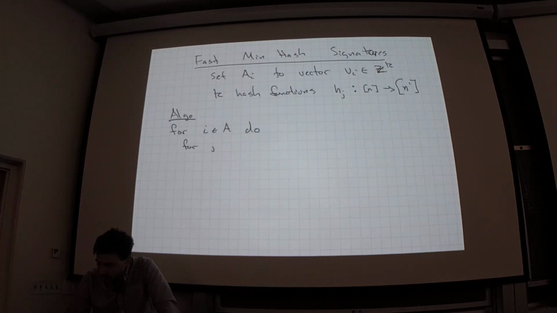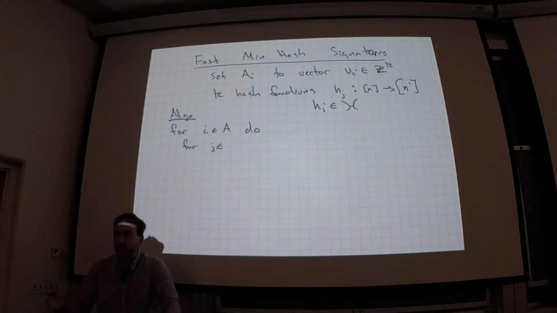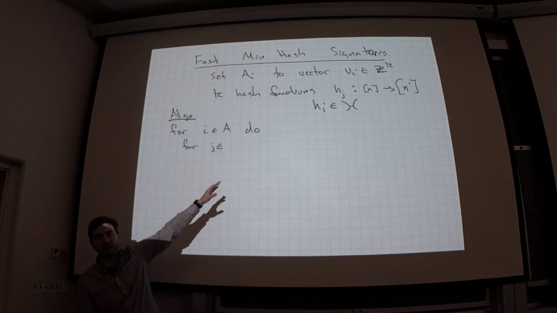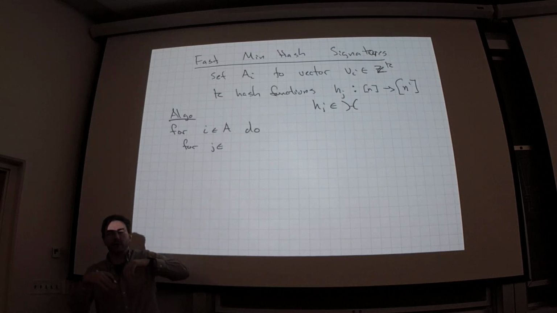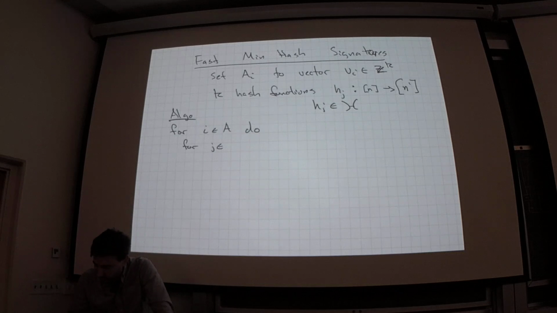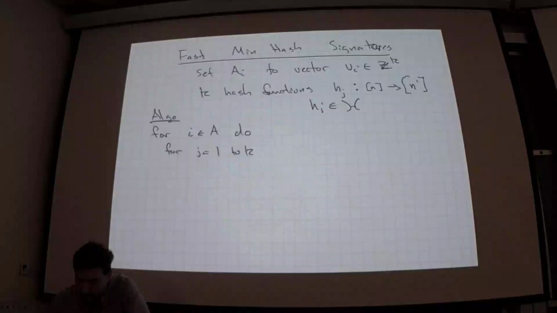Each of these h_j's is going to be drawn randomly from a hash family. So there's now randomness. Of course, I think of each hash function as being the permutation I'm doing, but I'm going to do something else to approximate the permutation. So for each hash function, let's say from j equals 1 to k,